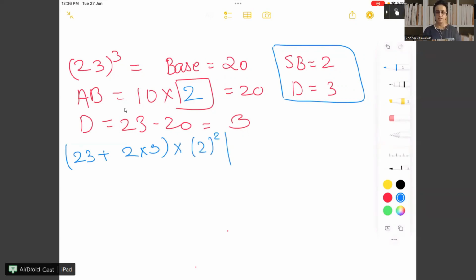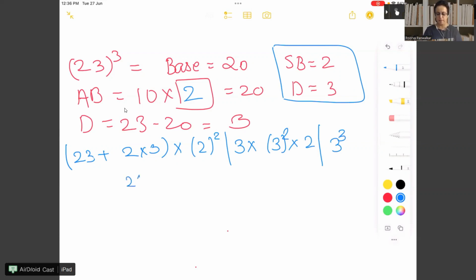This becomes my first term. Then in my second term, I multiply 3 with the deviation square into 2. And my third and final term becomes the cube of the deviation. So when I solve these terms,